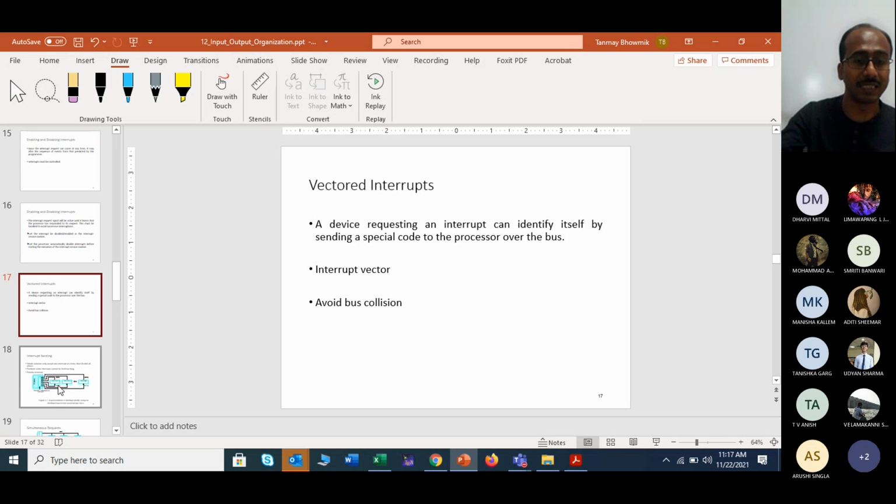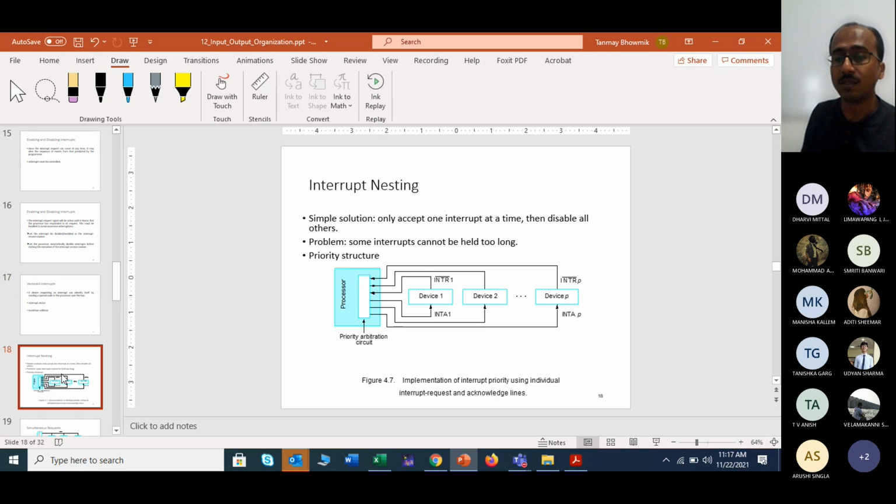Just like the example in the diagram we can see. There are the processor, device 1, device 2, device n, different devices, and you are connecting from the processor to the device and from the device to the processor. You can see INTR and INTA, both signals are there. INTR is actually the interrupt signal, and it is active low. Keep in mind why it is active low: when you specifically send a 0 in this signal, then it will be activating. If you have sent 1, at that time no interrupt will be there.